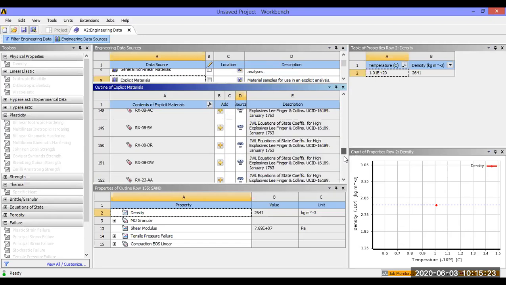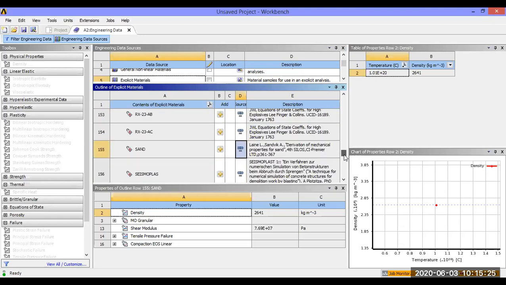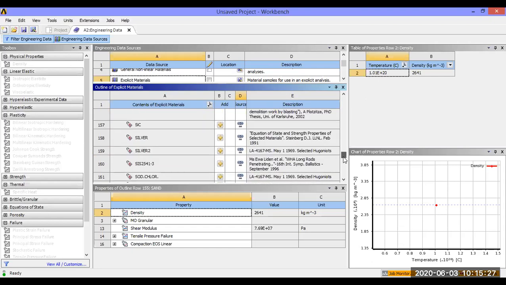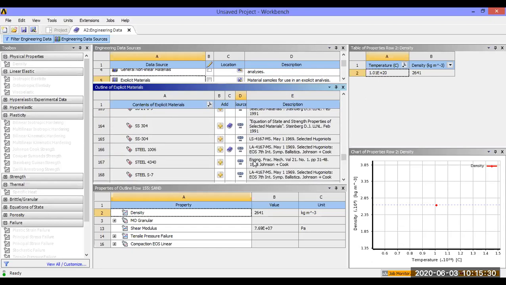Now check it out. See, I selected... yes, where it is. See, another one: structural steel 1006. Click the plus mark, and it highlights a book symbol. That means the two materials I selected, only in this explicit material I selected, SS304 and steel 1006. Another stainless steel material you will get by default, that is no problem.